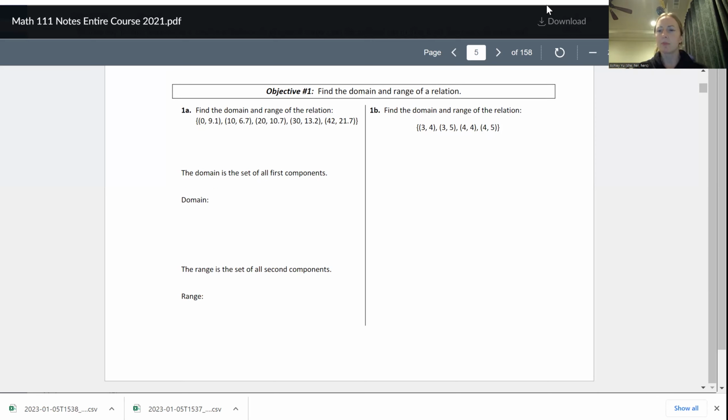So you don't have to print them yourself, but if you live far away from campus and you say, "I don't really want to go to campus just to get these notes," you can always print them out yourself, or just write them down on a piece of paper. And the notes are all for your own reference.